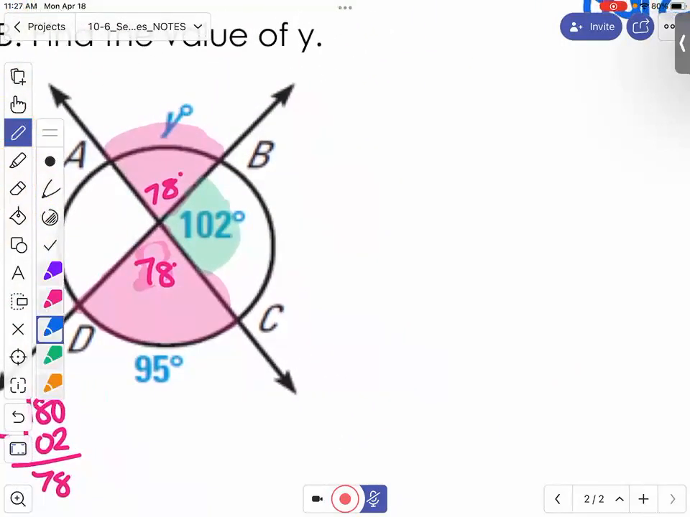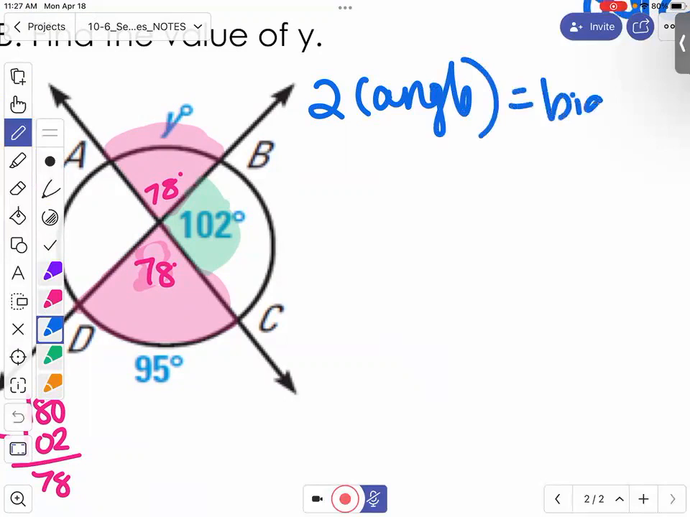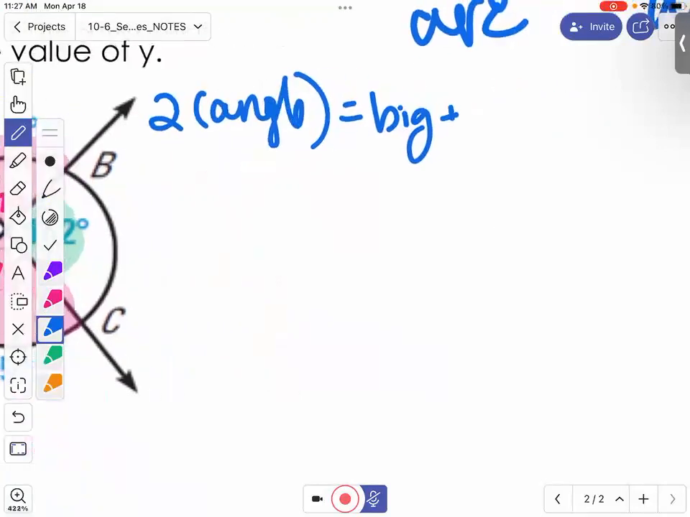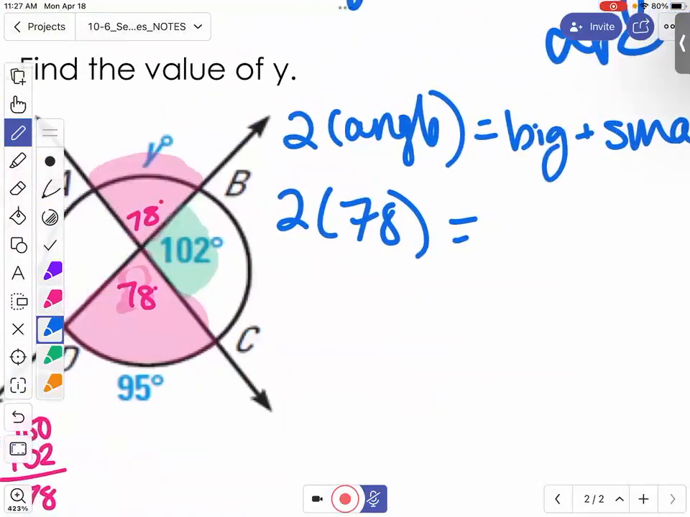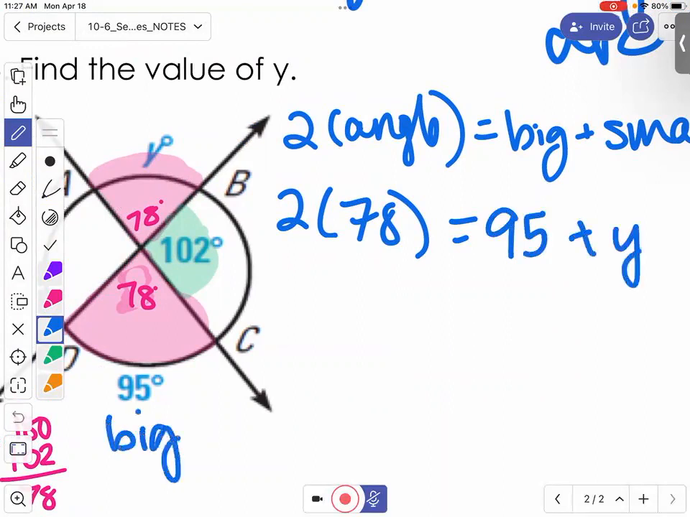So our formula says we're going to do 2 times the angle. It should be the big arc plus the small one because we're inside. So 2 times that 78. My big arc, 95 looks bigger and it's farther away, so I'm going to say 95 plus my y. So again, I'm treating 95 as the big,